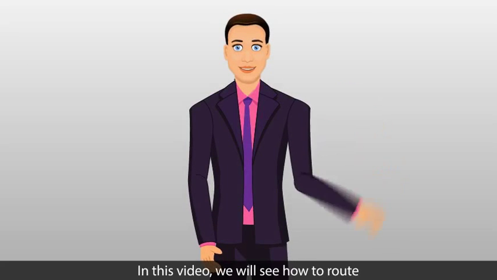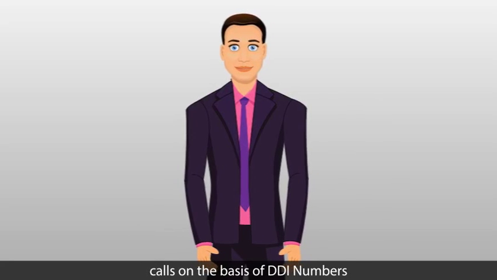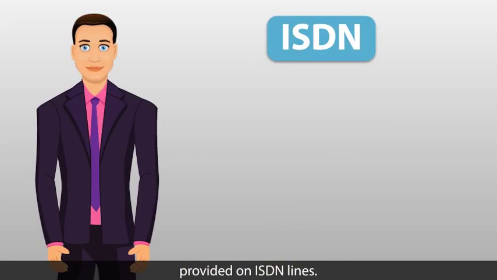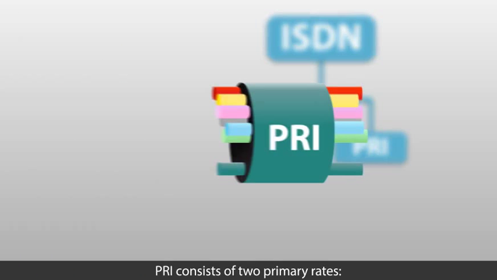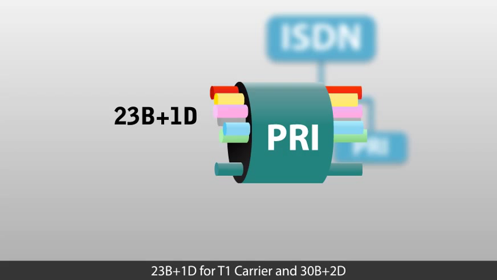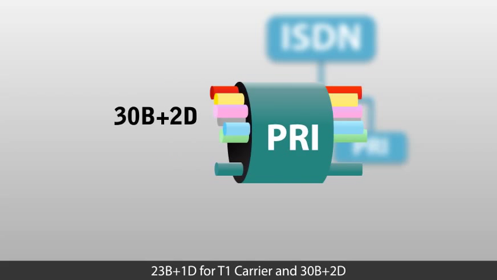Hi friends! In this video, we will see how to route calls on the basis of DDI numbers provided on ISDN lines. There are two types of ISDN lines: A. PRI, B. BRI. PRI consists of two primary rates, 23B plus 1D for T1 carrier and 30B plus 2D for